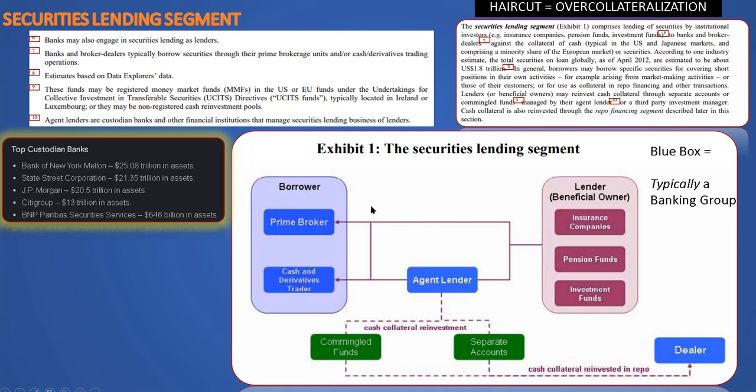So you can see already how you can lose track of what's what very quickly. Now, it is true. Insurance companies can lend securities. Pension funds can lend securities. So keep that in mind. Now, this part right here, this is the part where it gets interesting. Because if you have Fidelity here and you have commingled funds here, what a commingled fund is based on Supernote 9. These funds may be registered money market funds in the US or the EU. Okay. Then we have separate accounts. Now, what is that? That's a joint trading account that I'm about to show you that shows up on Fidelity's